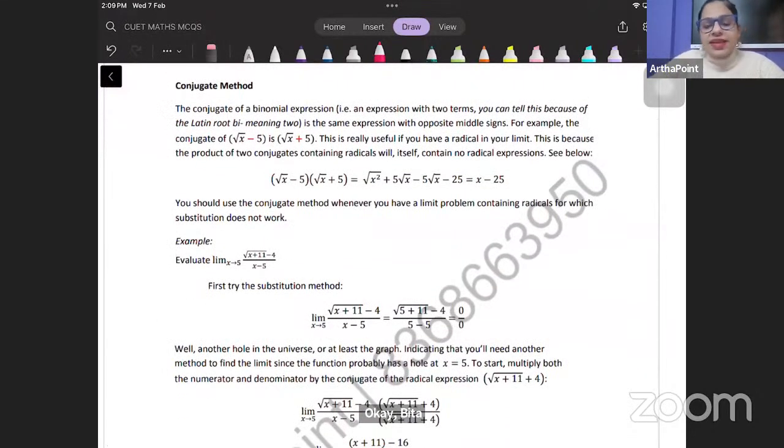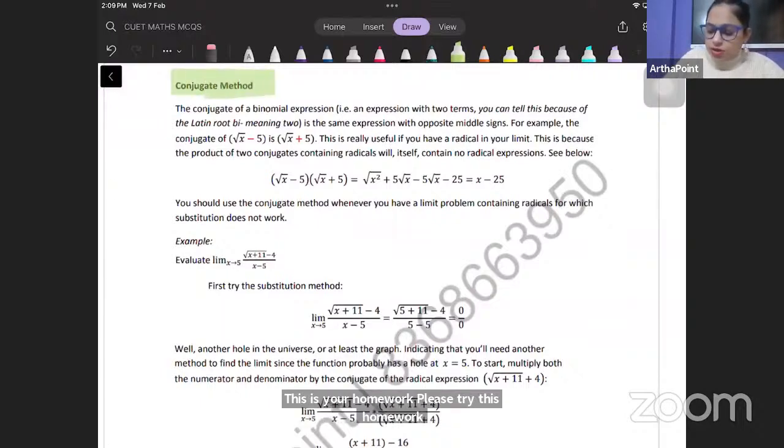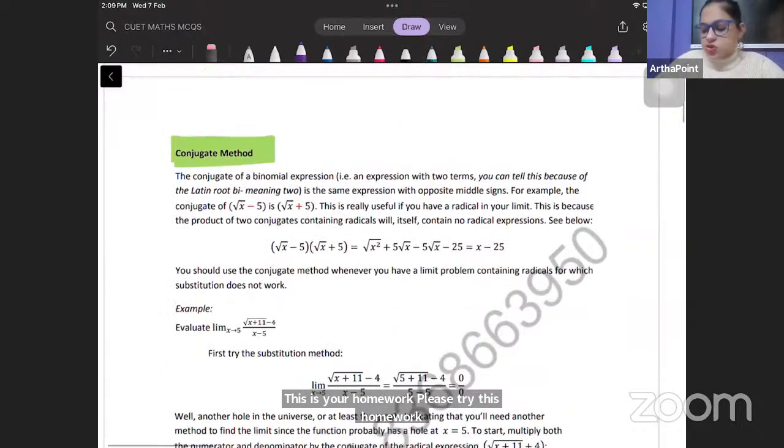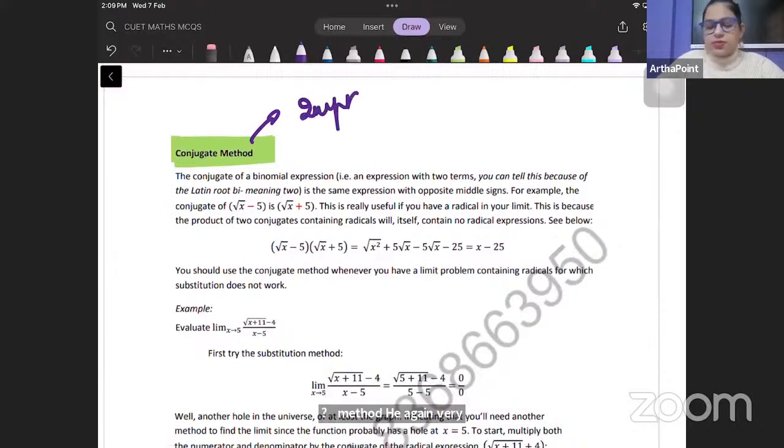Now the next method, ये again very important from exam point of view, is called as the conjugate method. ये थोड़ा सा हम समझने की कोशिश करते हैं. What is a